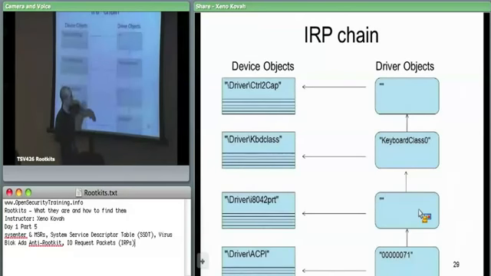So one thing you can do here is you can come in and interpose on this chain. You can say, I want to be at this level, or I want to be at that level. Maybe you're getting data that's being targeted to keyboard class 0. That could go right there. Or maybe you want data that's being targeted to this actual raw device, something like that. So this is called attaching a filter driver, in that you want to filter data coming down or coming up, depending. And so you place your